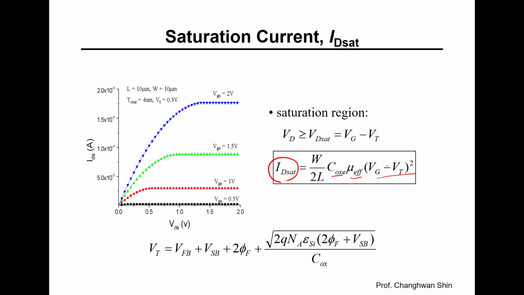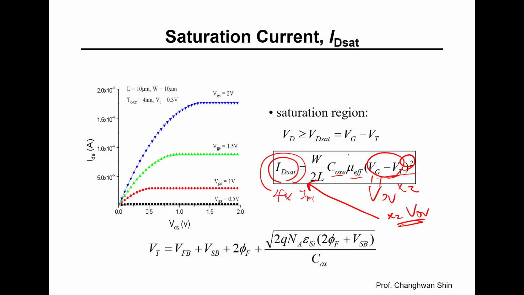This equation reveals several important insights. First, the current depends on the square of the gate overdrive voltage, VG minus VT. Doubling this overdrive quadruples the current, right? Two times higher overdrive voltage results in a 4 times higher IDsat, because of this square. And an analogy: this is like how the pressure at the bottom of a water column increases with the square